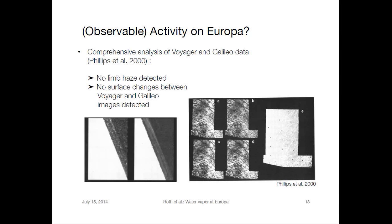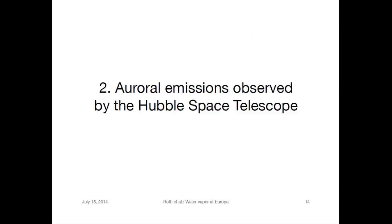And also they compared images from the two spacecraft, Voyager and Galileo, of the same surface areas and could not find any suspicious changes between the Voyager images and the Galileo images. So it all looked like Europa might still be active, but maybe we're not able to see this activity with the images and possibilities we have so far. And then I come to our approach of probing Europa's neutral gas environment,